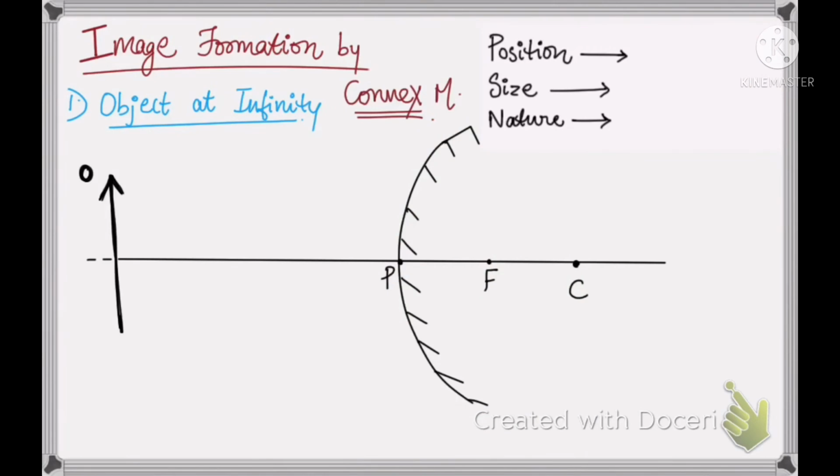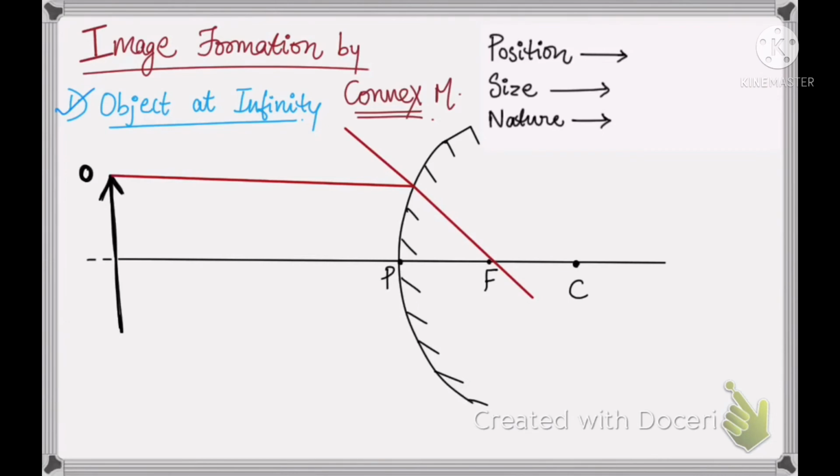So now let's move to image formation by convex mirrors. And don't get tensed, because the convex mirror has only two types, or there are only two conditions of image being formed. So first is object at infinity. When the object is at infinity, rays are what? Rays are parallel. So this is the ray, and how will it reflect? It will appear to pass through the principal focus, right? Let's extend this back again to make sure that it's passing through the focus.